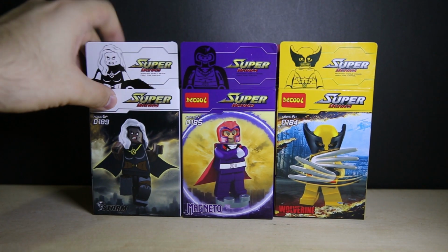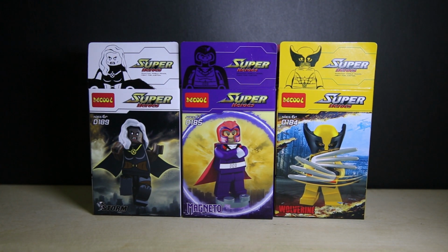Yellow, purple, white. And all of these are from the X Men set that came out alongside the Guardians of the Galaxy set. So it's only missing Cyclops, but DeCool and Shinron both did their version of Cyclops. If you saw my review on that X Men fighter plane one with the Sentinel